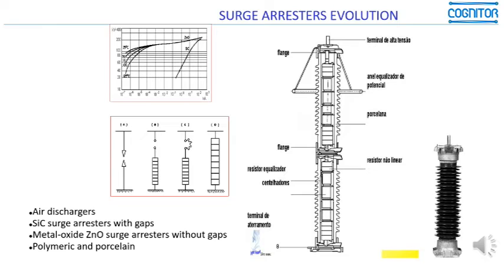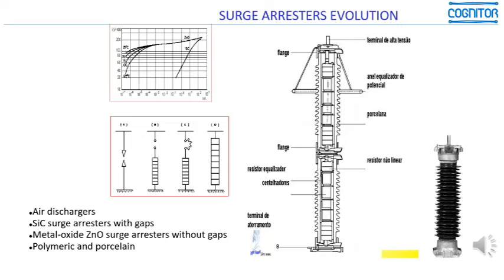Here I took from a course that I did in the past and show the evolution of the surge arresters along time. The original surge arresters, the most simple ones, were what we call air discharges, one open gap with two edges, where we know the distance in the gap. If an overvoltage arrives at those edges and the voltage was higher than a certain value, a discharge was produced.